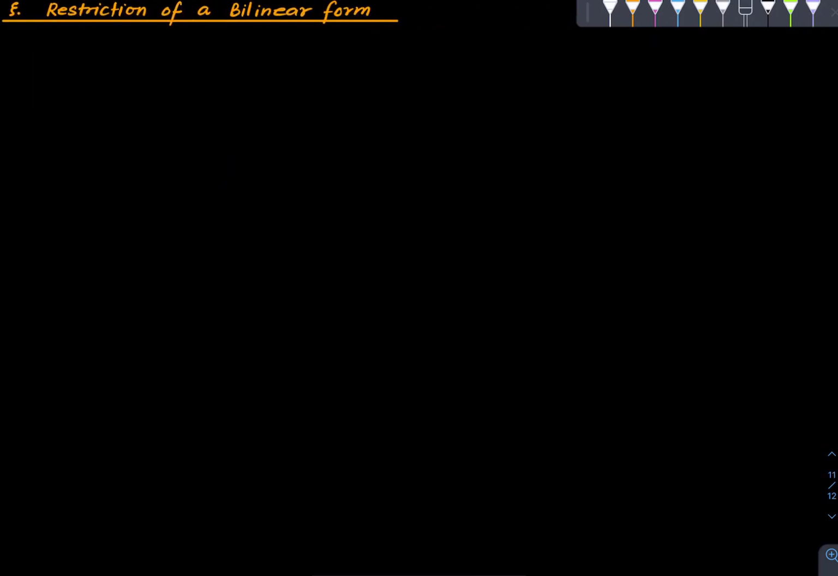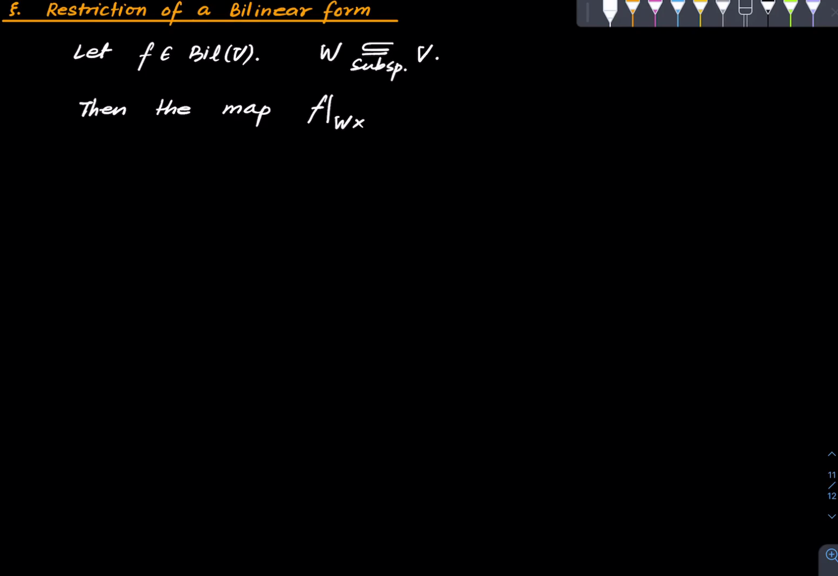Okay. Finally, restriction of a bilinear form. This is a very, very short discussion. So let f be a bilinear form on V, W be a subspace of V, then the map f restricted to W cross W, which is of course a map from W cross W to F, is a bilinear form on W,